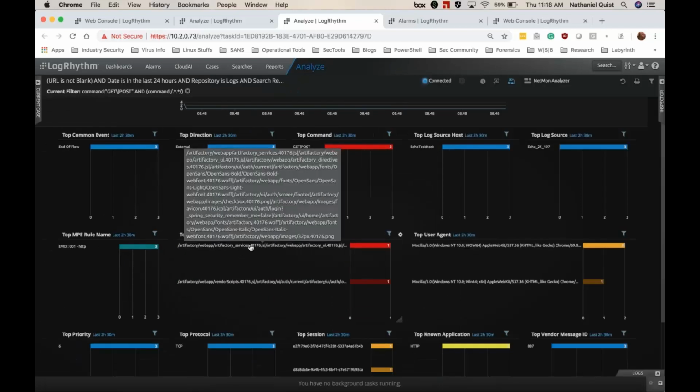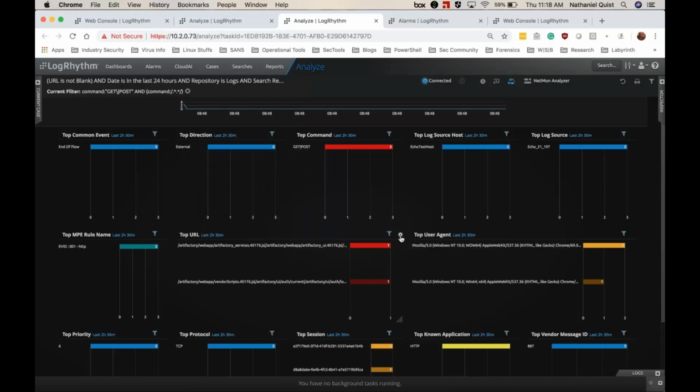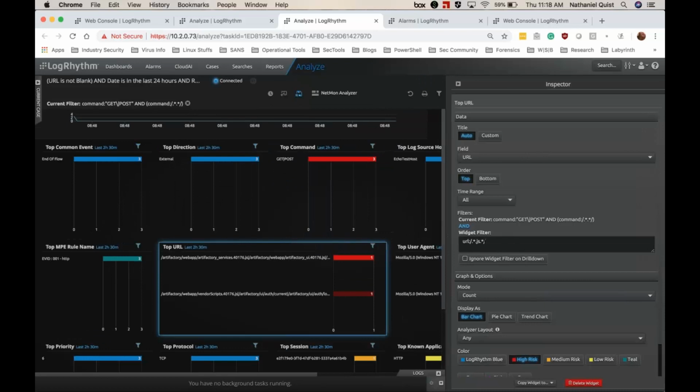I can actually see that I have some JavaScript that is being loaded, with some specific files going through this. Now, this particular example doesn't actually have any malicious rebinding that was successful through it. It's just showing you that JavaScript is being loaded and how you would use Logarithm in order to identify that